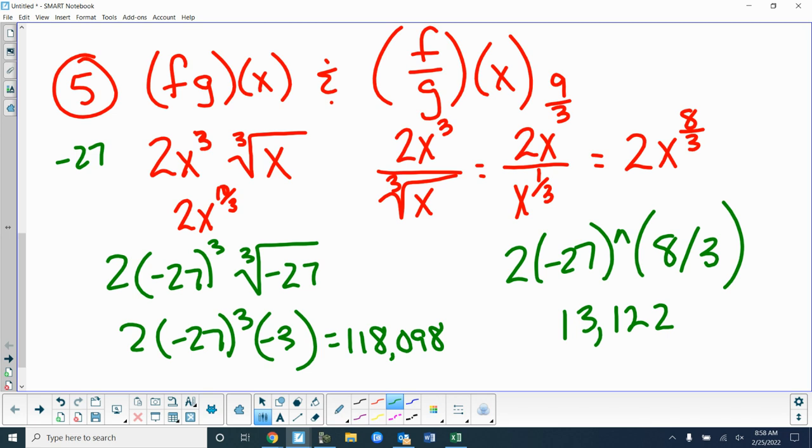When you plug 4 in, multiplication was 1,536, and the division one was 128 over 3. Okay. Questions on that one? Number 6. We good? Sounds like it. Okay. Number 7